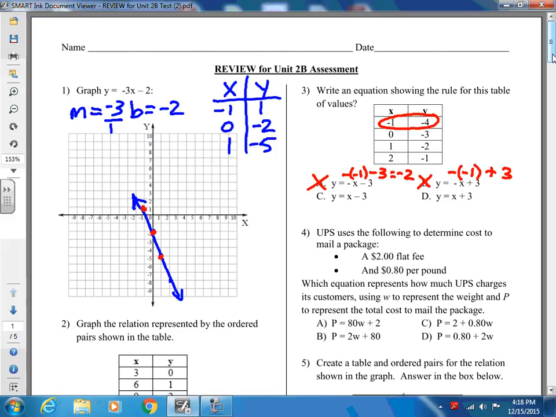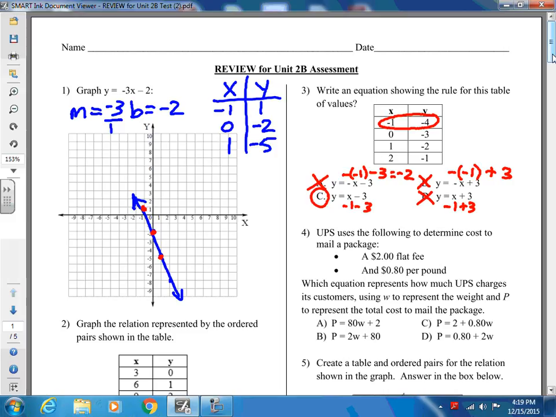So that means B's out of the running. Right? Then we go to C, and we stick in negative 1 minus 3, we get negative 4. So that's potential. Go to D, if you stick in negative 1 plus 3 is positive 2. So that means that one's out. So just by plugging in the very first ordered pair in the table, we can already conclude that letter C